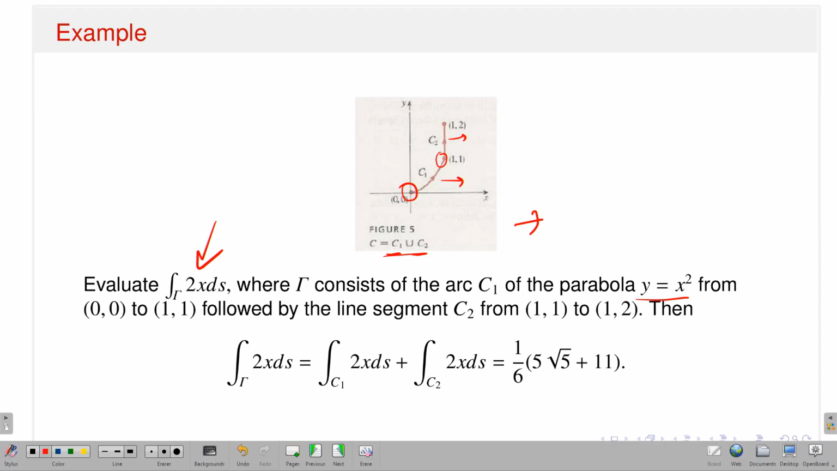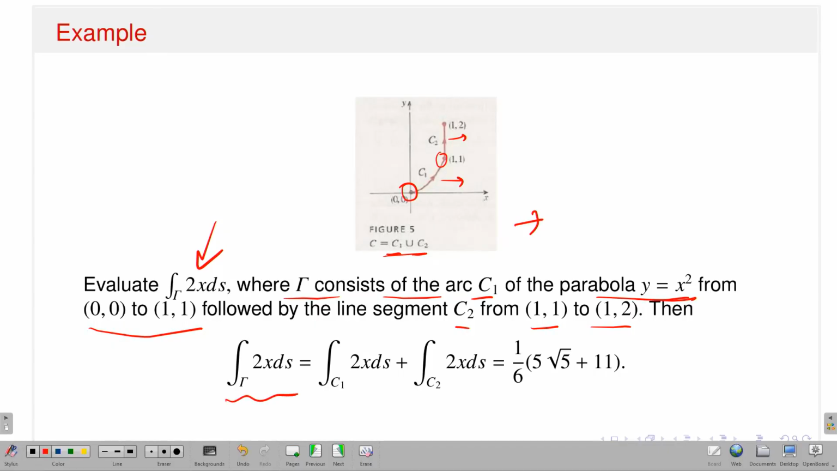this integral over gamma of 2x ds, where gamma consists of the arc C1 of the parabola y equals x squared from the point (0, 0) to (1, 1) as mentioned in the picture, followed by the line segment C2 from the point (1, 1) to (1, 2). So if I want to follow all the steps, first I have to get the parameterizations of the curves C1 and C2, and then I have to use the formula. But before that, since it is C1 union C2, first I use the properties of my scalar line integral,